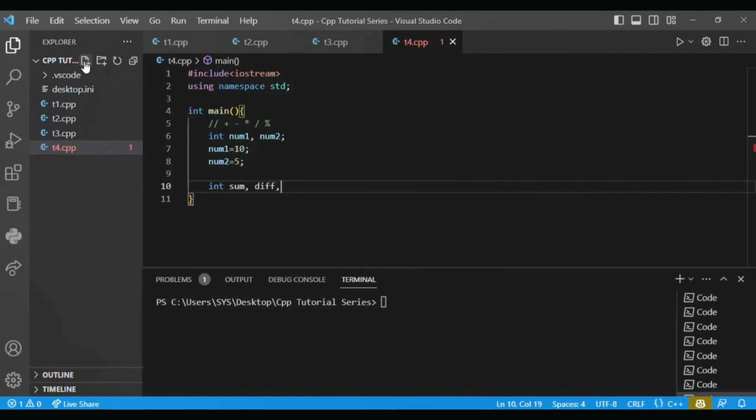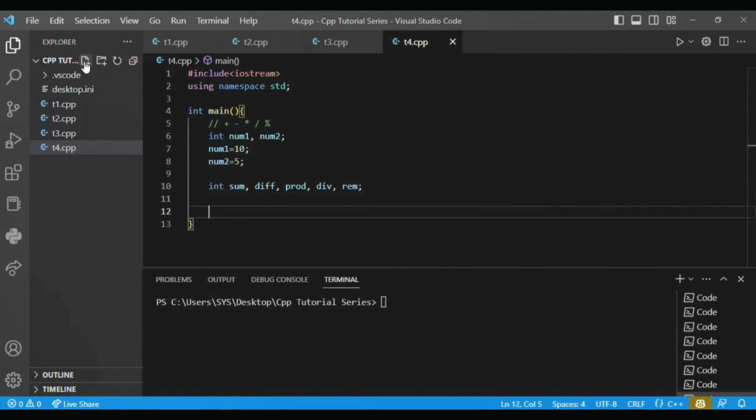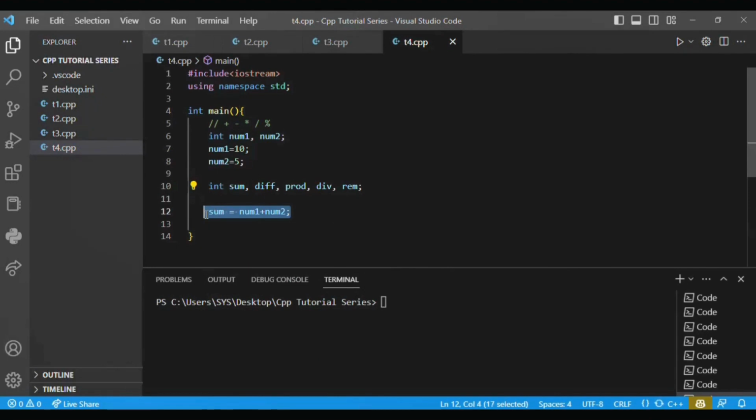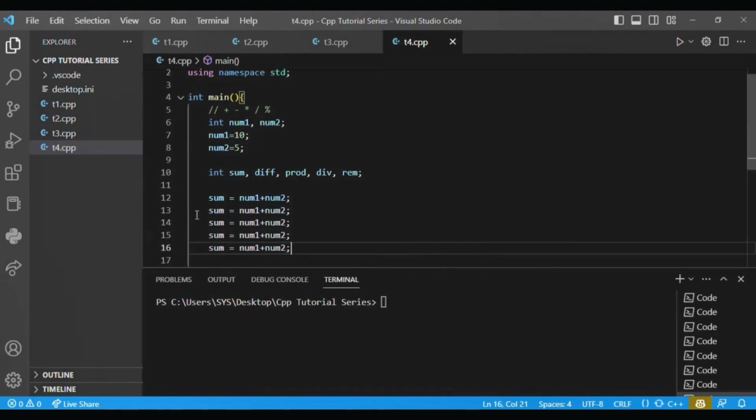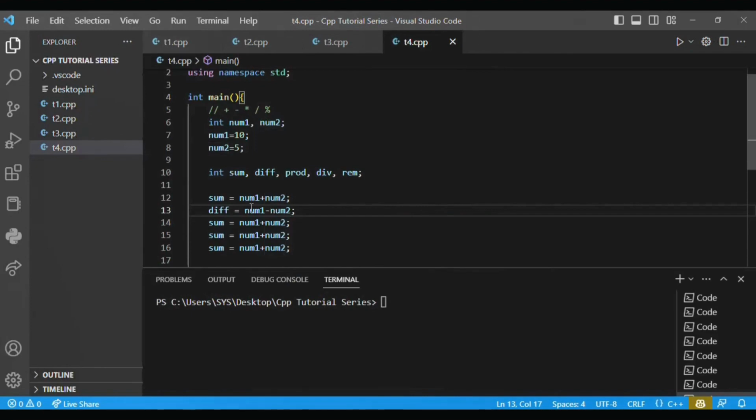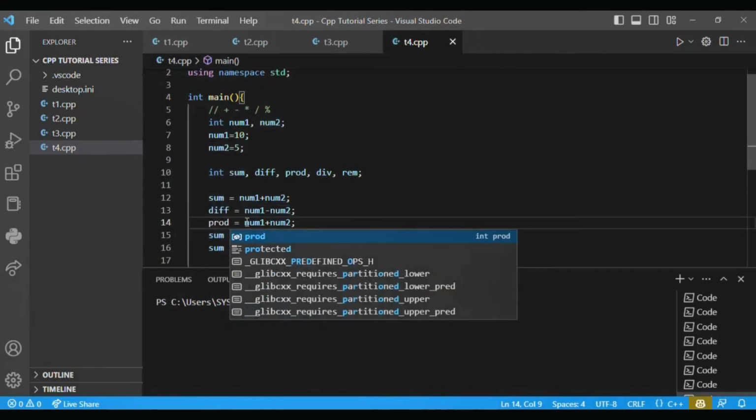Sum, difference, product, division, and remainder. So our sum variable will contain the sum of these two numbers. Let's copy these and change the variable names and the operator. Sum, difference, product,